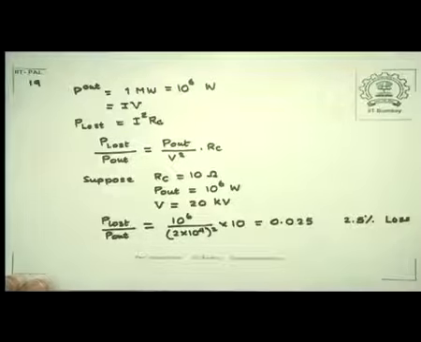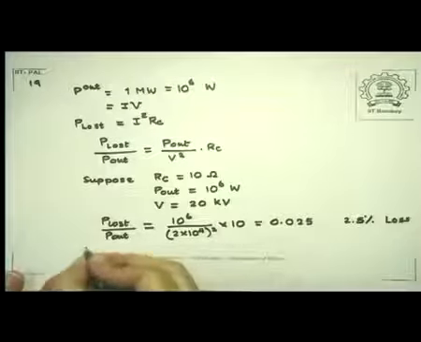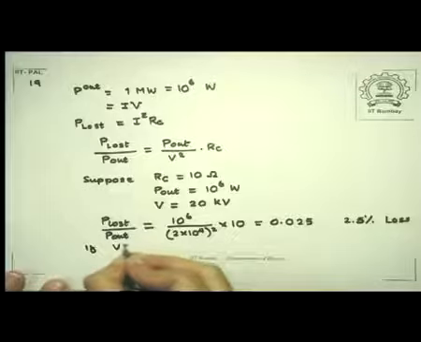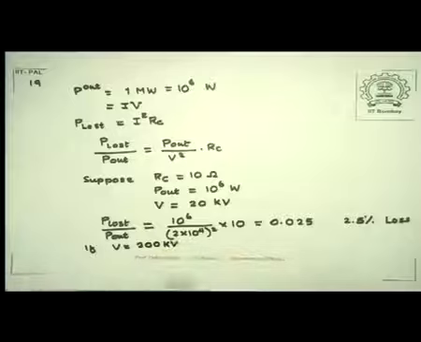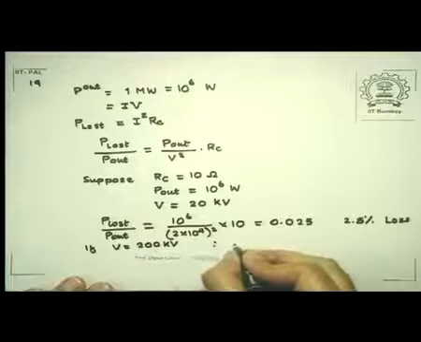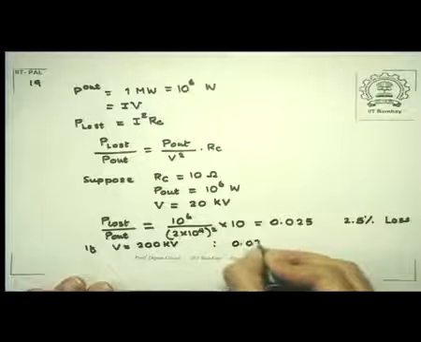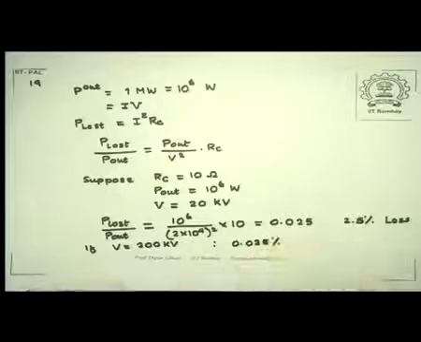Now if you increase the voltage to 200 kV, you can repeat this calculation and find that this will give me 0.025% of loss. So what we have done today is to consider an important application of alternating current and voltage,